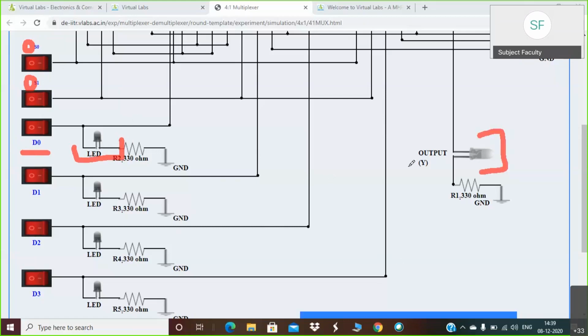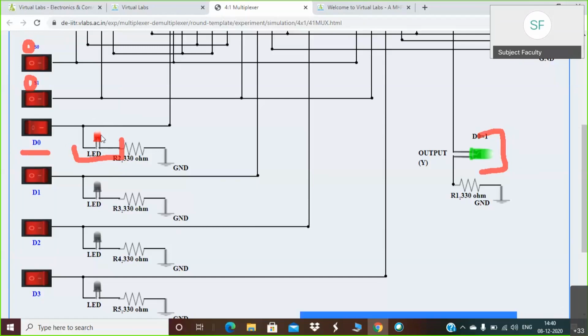Currently both are 0 0, both are off. Now I am simply making this D0 1. So my output should also be 1. Let's see. Now I have made D0 as 1. You can observe here the red color LED has been made on.